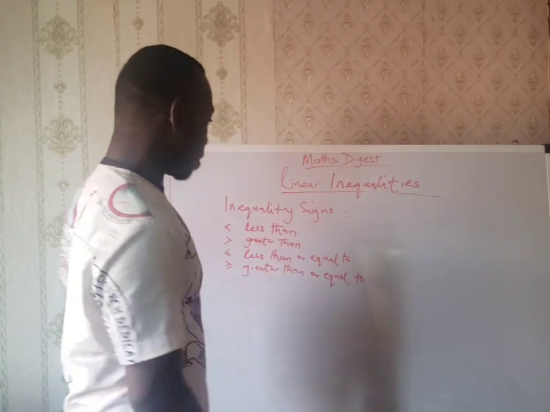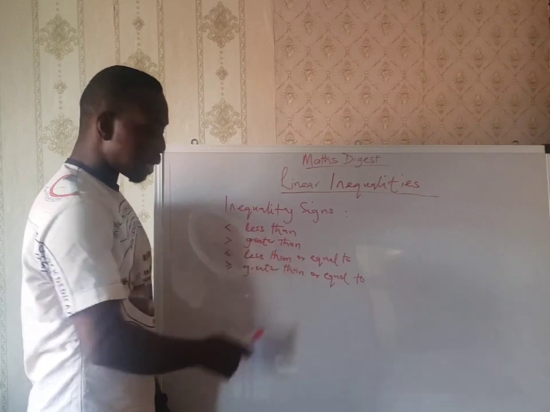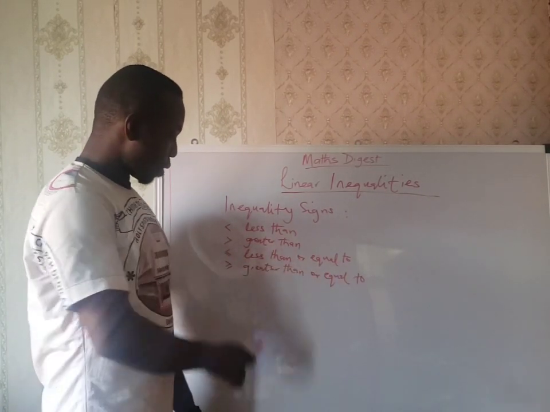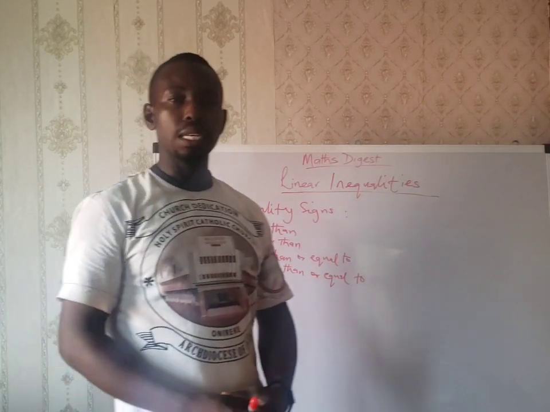So the four of them is just simple. Less than. And the second one is greater than. The third one is less than or equal to. And then this last one is greater than or equal to. Okay? Now,